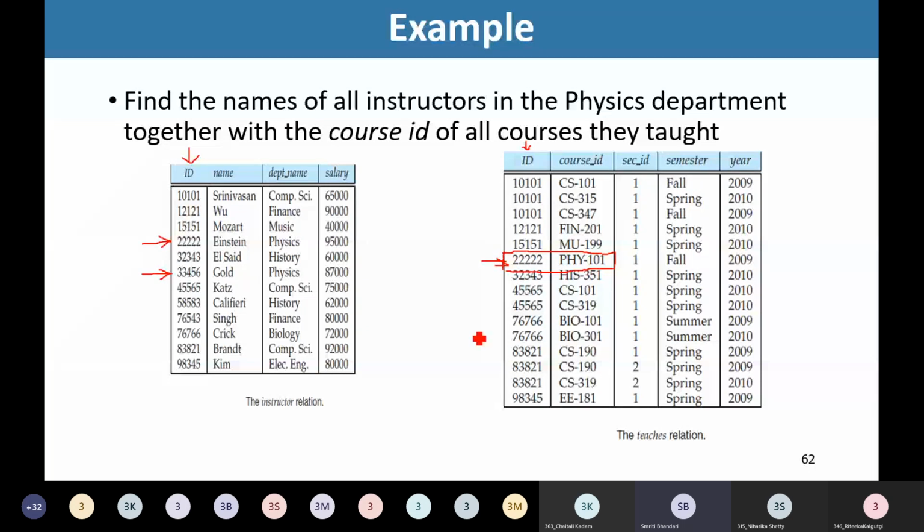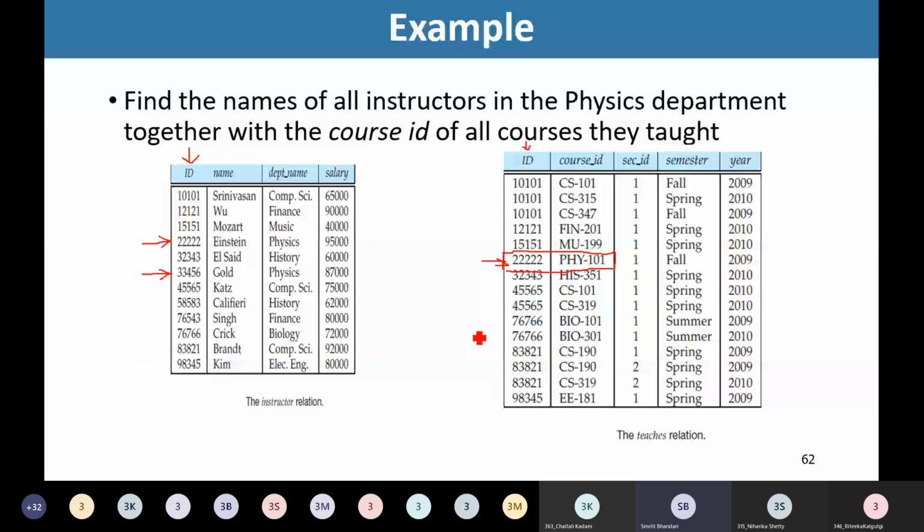Okay, so by looking at these two relations manually, we can find it out, because right now we have very few tuples in these two relations, right? But in reality, we have many more tuples in these relations, and by looking at them manually, it may not be possible to come up with the solution in the given time. That is why we need some mechanism to extract this data, and we are going to make use of the relational algebra operation.